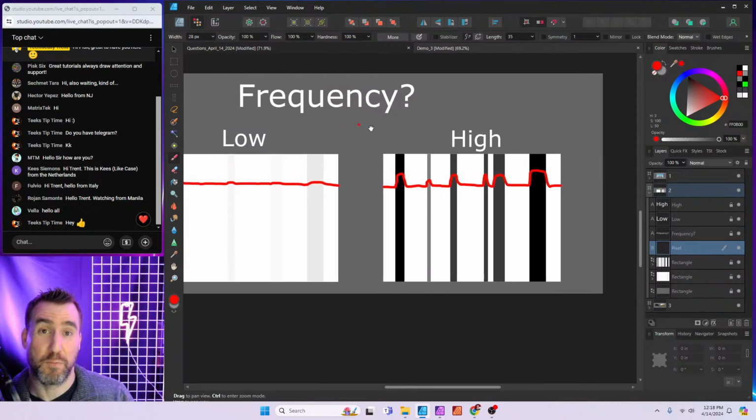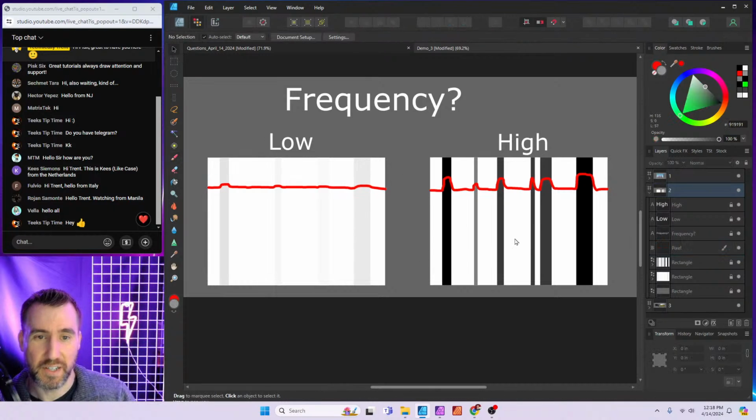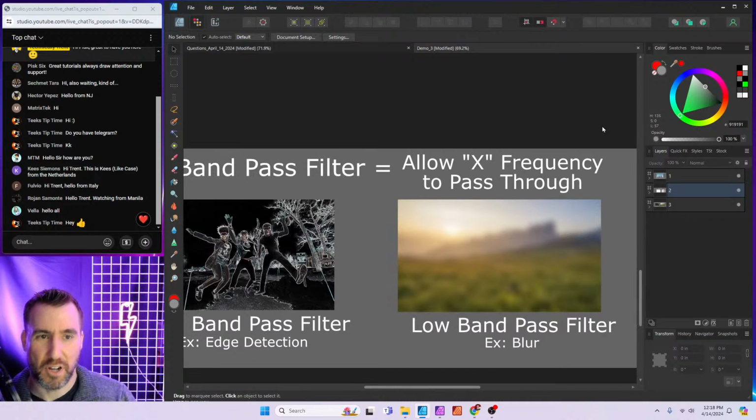So this is essentially why we talk about frequency in an image. This would be the low detail parts of our image, low frequency. And then high frequency is just quick rates of change, lots of sudden blacks and whites, going up and down a lot in a very small area. Now, putting this terminology all together,